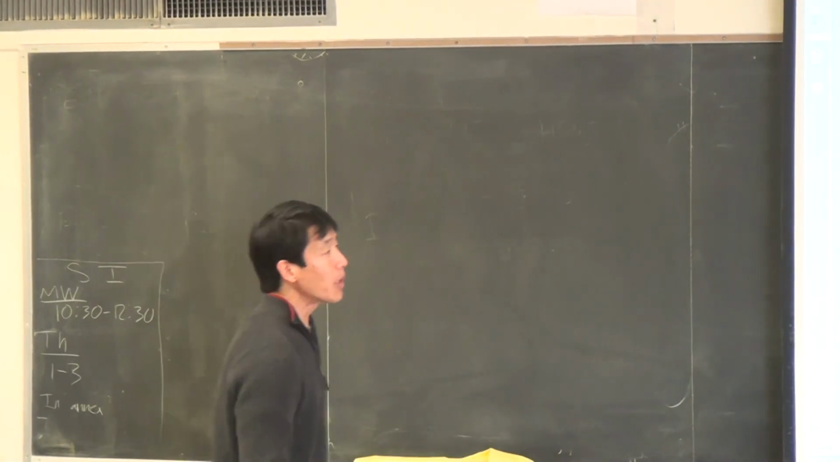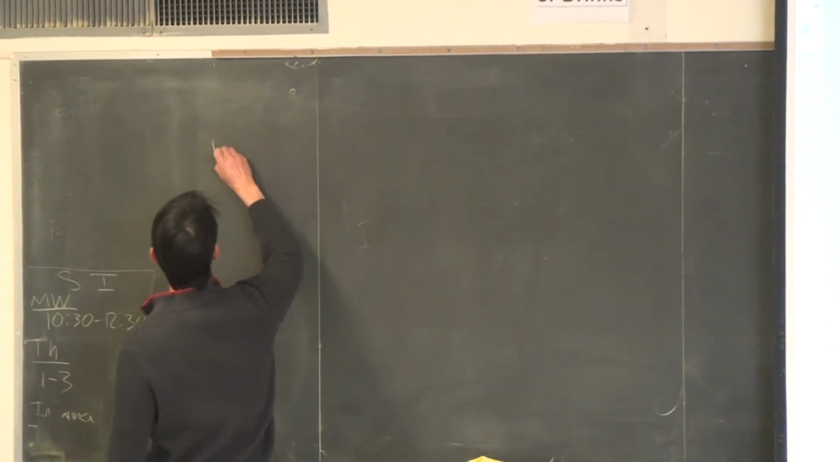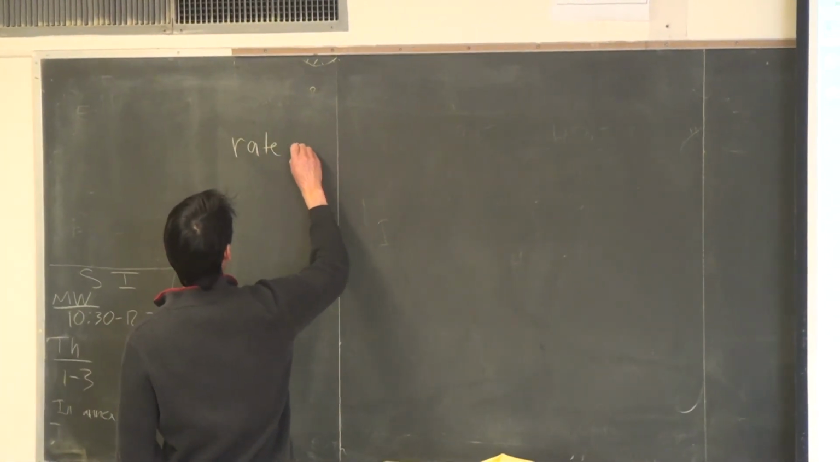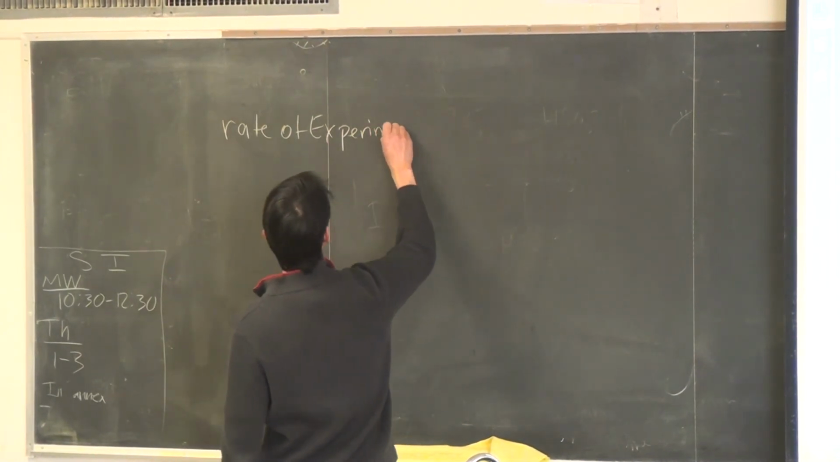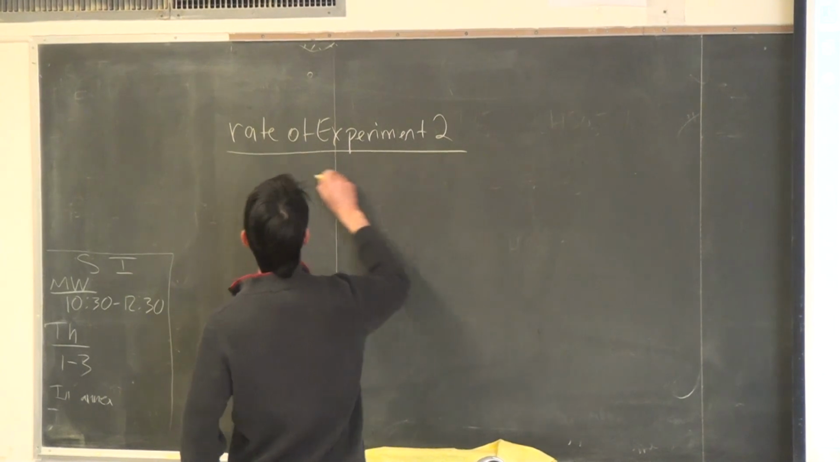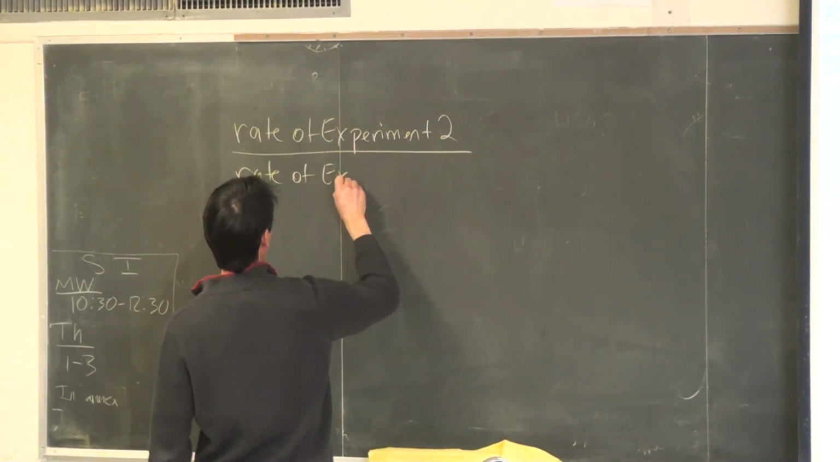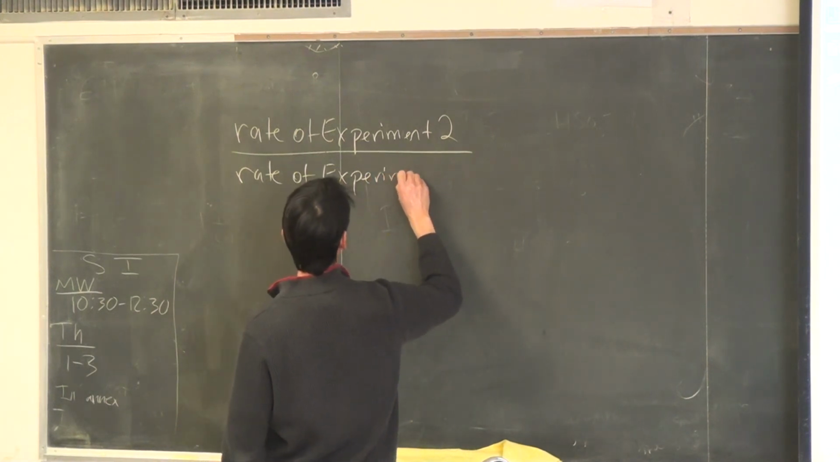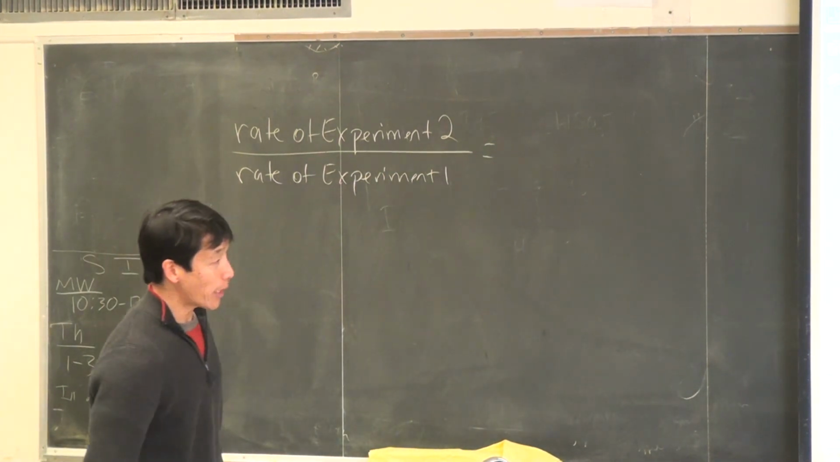Okay, so let's do this. Let's take a look at the rate of experiment 2 compared to the rate of experiment 1. Now the rate of experiment 2, that's equal to